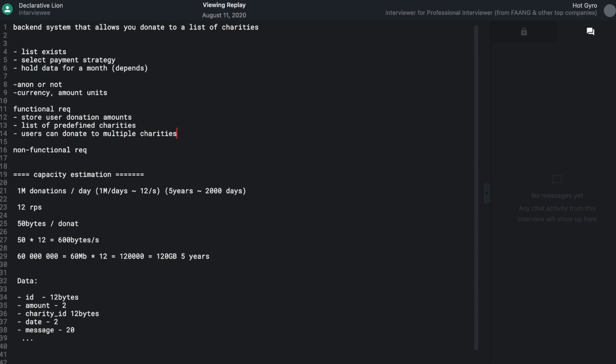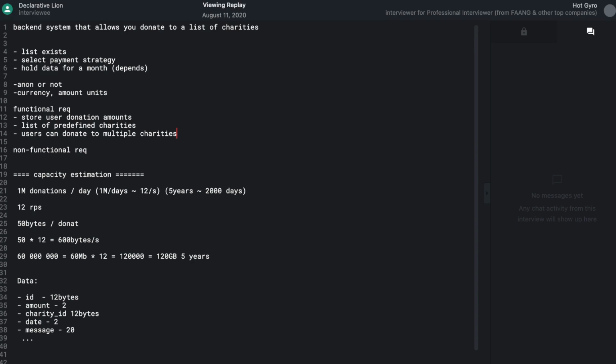Because you're not trying to build a full system here. You're trying to build the essential features. So you need to list them out and say, this is what my system will do, right? Once you list them out here, your high-level design diagrams will try to fit all these features in, right? Don't do too many. You can always add them in later, but don't do too many at first. But make sure you capture the most important stuff, right?